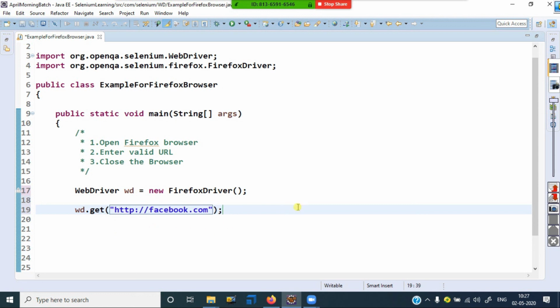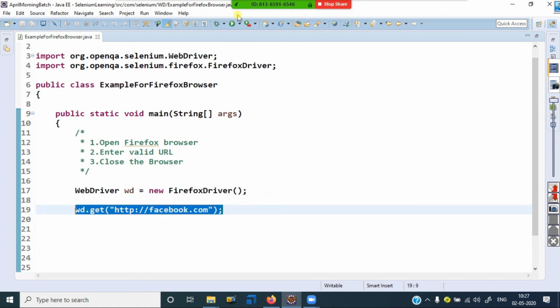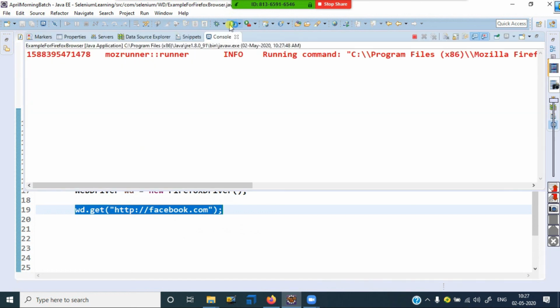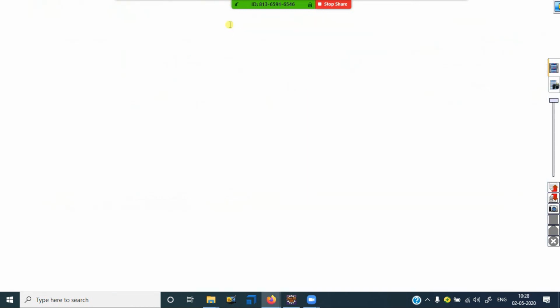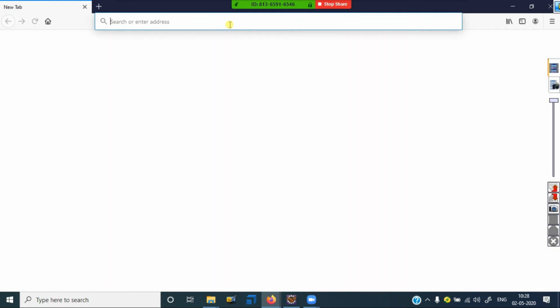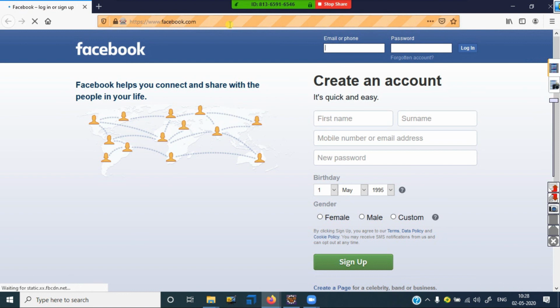Okay? This is facebook.com. I'm opening it. Now see, the browser is open, and inside the browser this URL page is open. Save it, run it. Who will do these two actions? The Selenium tool will perform them. This is called automation. It opens the browser, and inside the browser it opens facebook.com. This is called opening Facebook.